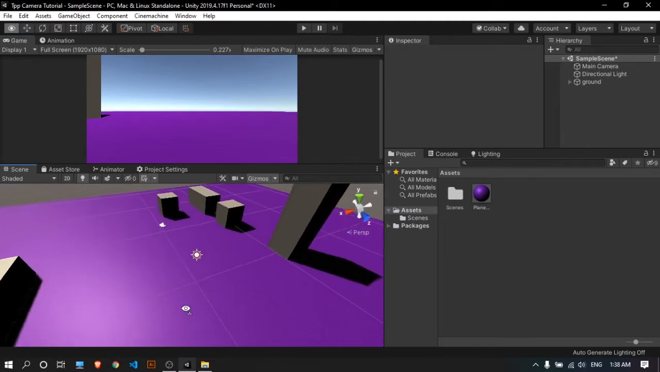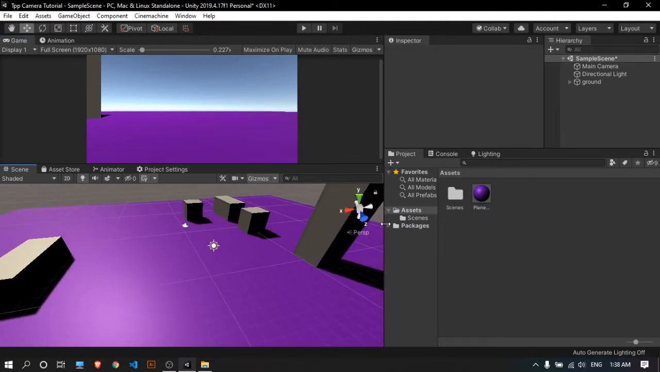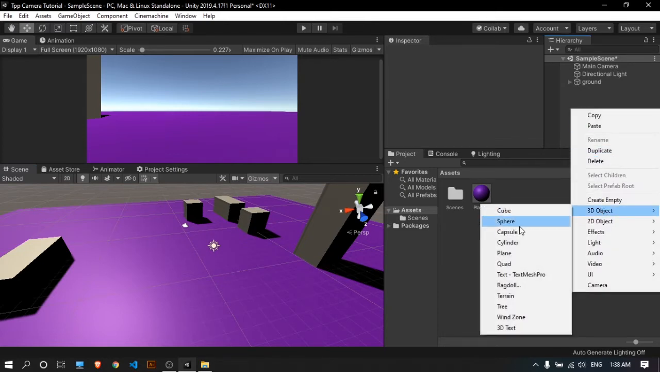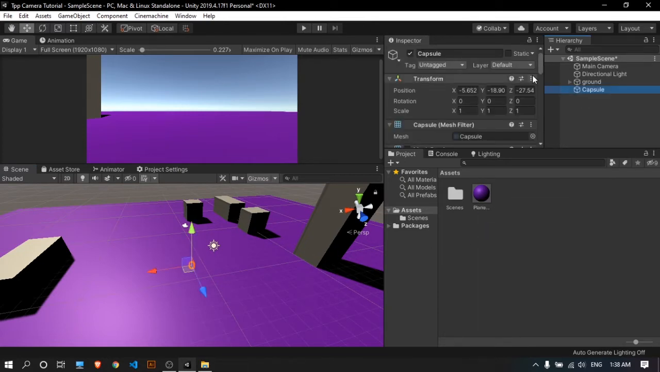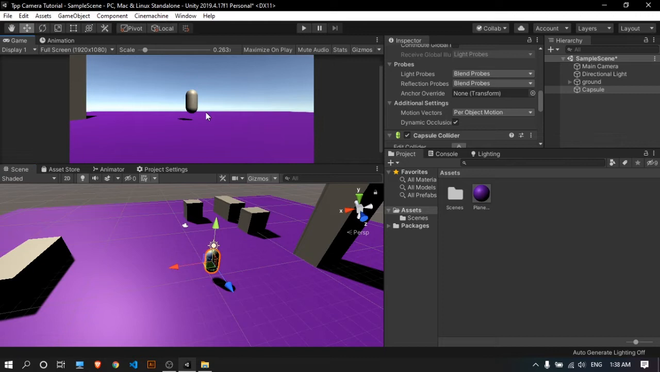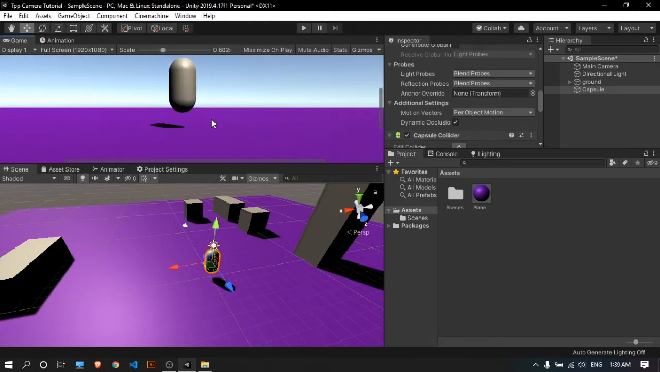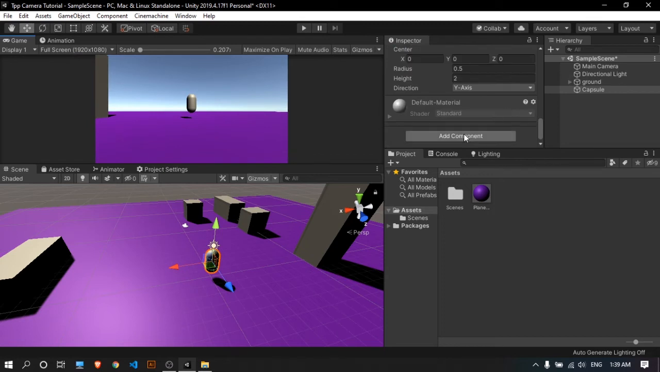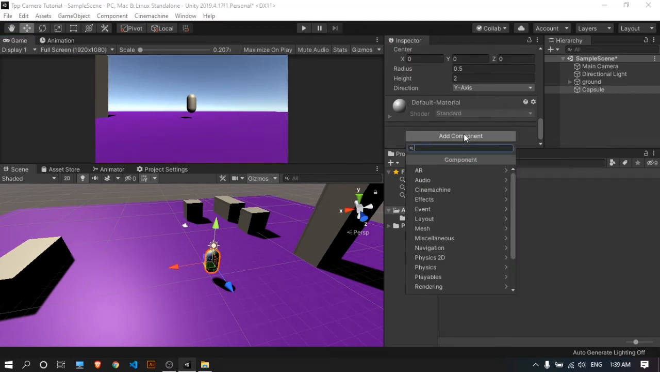Right, so once that is loaded up too, now we have to create a player. So we'll just go ahead and create a capsule, and we'll just reset its position. Now, as you can see in the game view, this capsule does not touch our ground. So what we can do for that is add a Rigidbody component to the capsule,